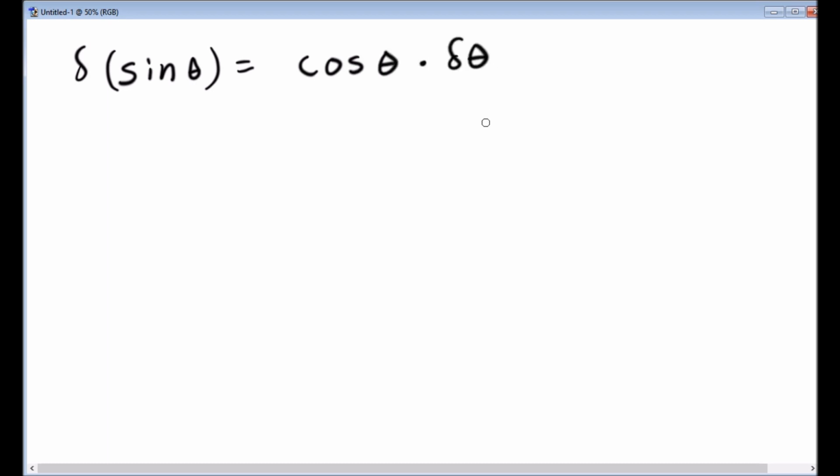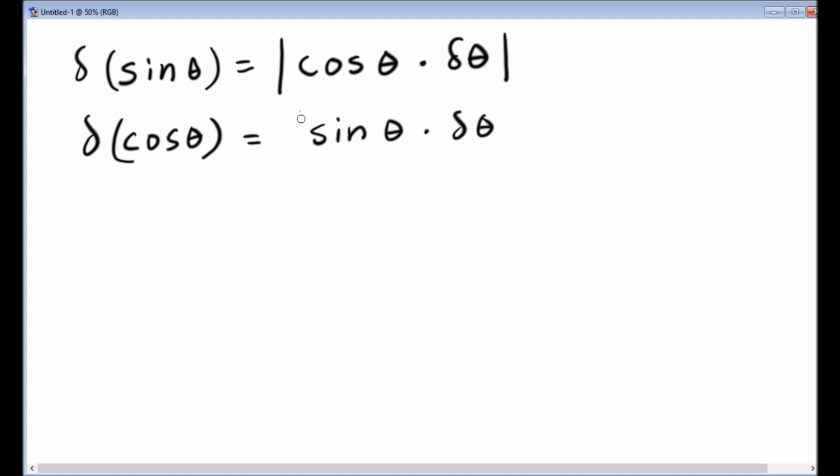The next rule is for trigonometric functions. So say, for example, you've got sine theta, and you need to find the uncertainty of that. So the rules for this are given in the lab manual. This one works out to be cosine theta times the uncertainty of theta. So that's the uncertainty of your angle, and then all of it inside absolute value brackets. The uncertainty for a cosine, again, following the rules in your manual, is going to be sine theta times the uncertainty of theta, absolute value brackets, and for a tangent,